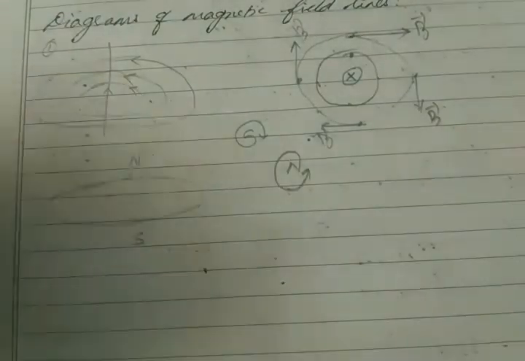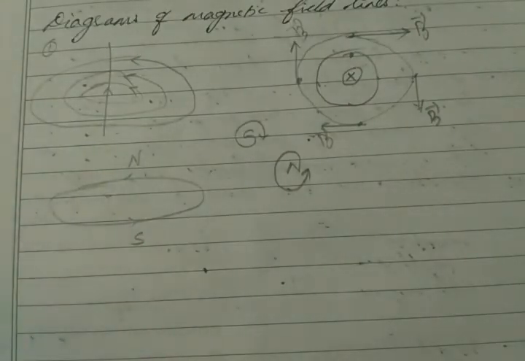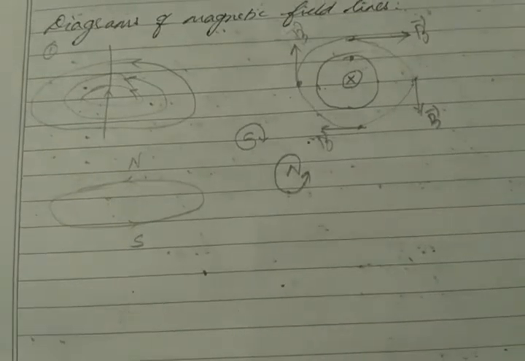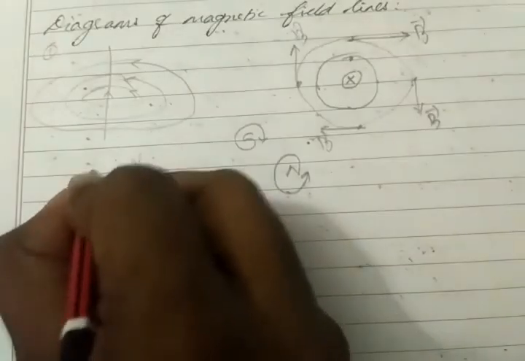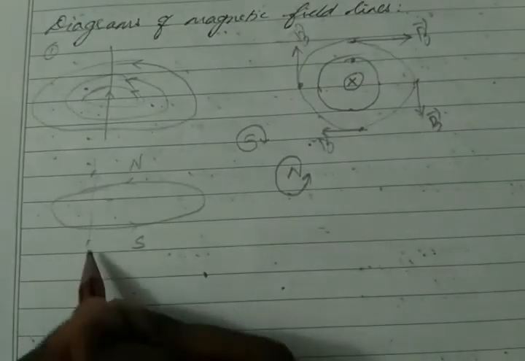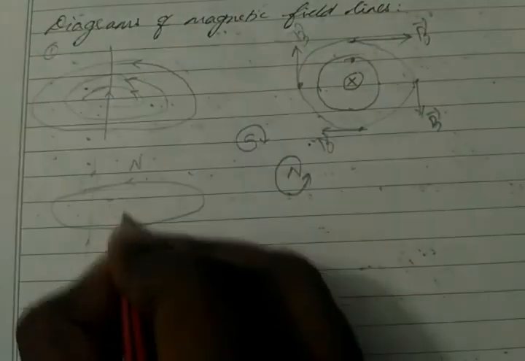Okay, just imagine a circular loop. Inside the loop, what is the direction of magnetic field lines? As I said already, outside it starts with north pole and ends with south pole. Inside it starts with south pole and ends with north pole. Clear? So inside this loop, we have magnetic field lines in this direction. They start from south, end with north, so it starts here and goes like that inside the loop.